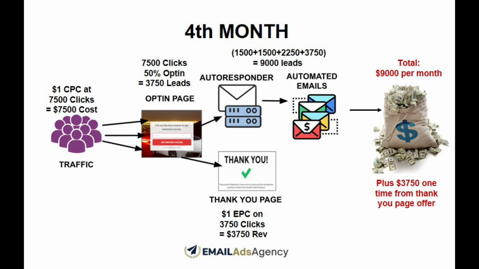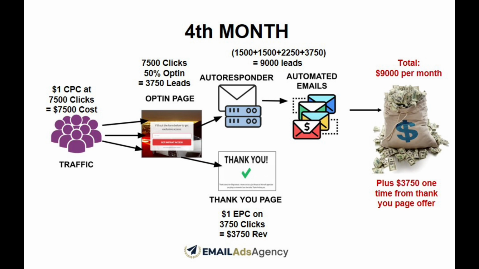So coming to month 4, we take the $7,500 we earned during month 3 and reinvest it into traffic at $1 CPC. That gives us 7,500 clicks. We send it to the opt-in page, and at a 50% opt-in rate, we get 3,750 leads. Those 3,750 people first see the offer on the thank you page, and at a $1 EPC, we're able to generate